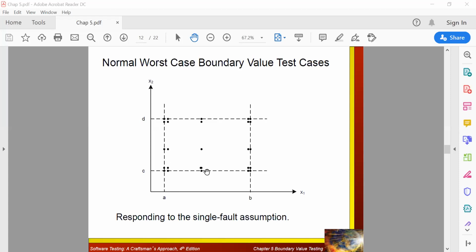We have concentrated on one point, but worst case means we take the corner points where the two entities will be meeting. Suppose A and C meet at one particular point. What happens over there? We need to check it. Similarly B and C, A and D, and B and D. So these are your corner points we need to identify and check.